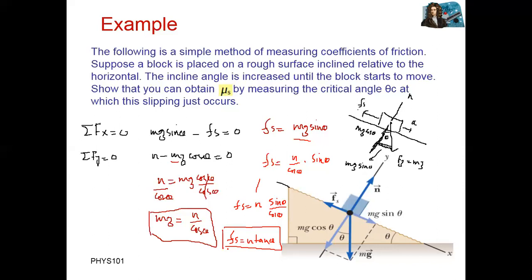Now we know the equation of friction, that friction force is equal to mu with n. If we take static friction, so mu s with n. To replace fs with this equation, we have mu s into n is equal to n tangent theta. So n cancels with n, and we have mu s, the coefficient of static friction, equal to tangent theta. So the coefficient of static friction depends upon this angle theta.